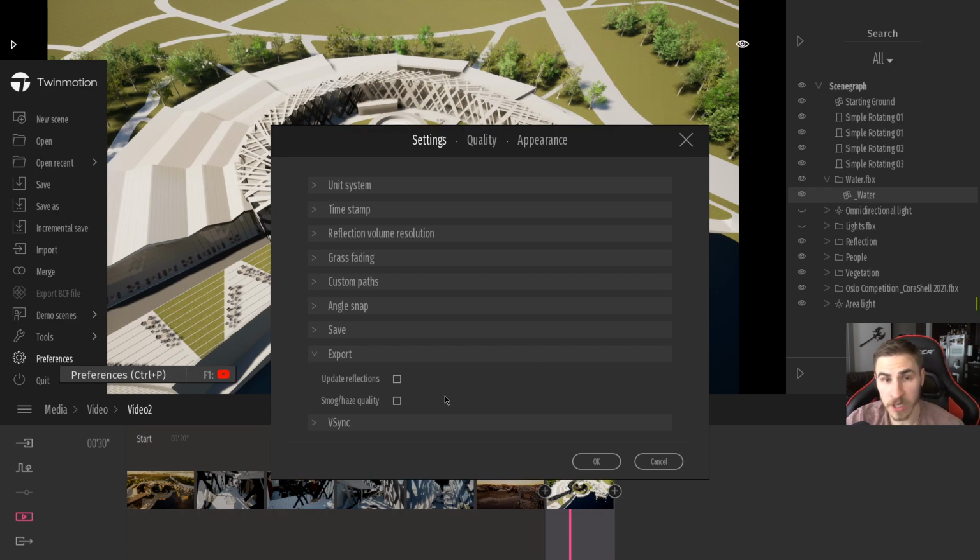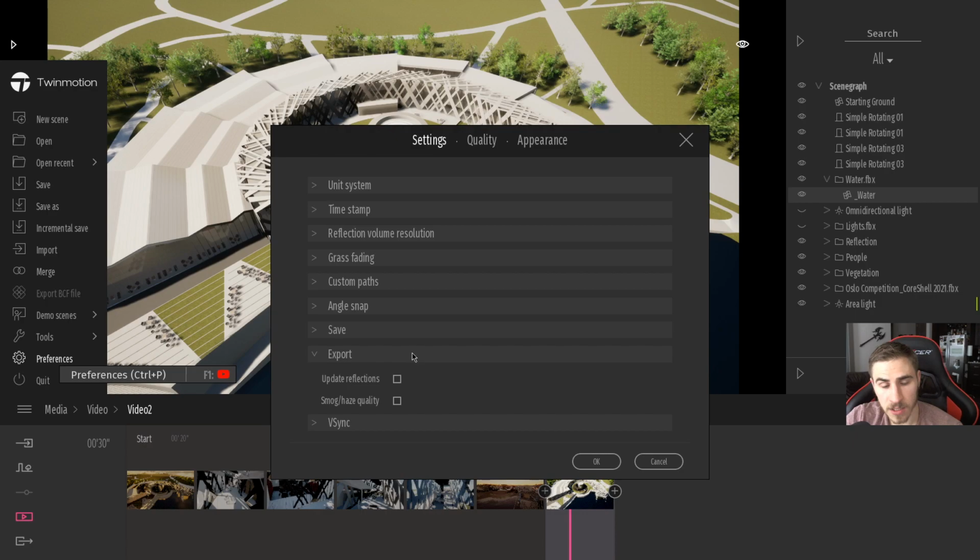They're not working in real time. Now, that's unfortunate, but Twinmotion does that so they do not have to sacrifice quality and so that the program continues to run. If you've worked with other programs such as Unity, the reflection probes are always updated and always bogging down your workflow, and it's just a mess. It can be if you have a lot of elements and a lot of reflection probes.